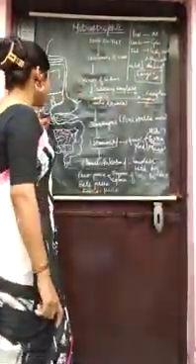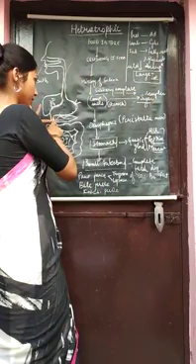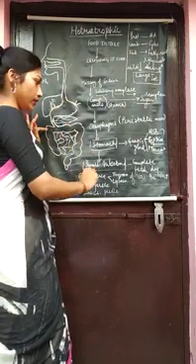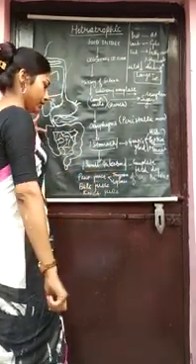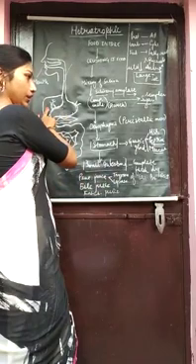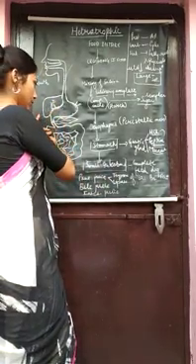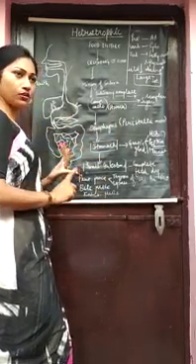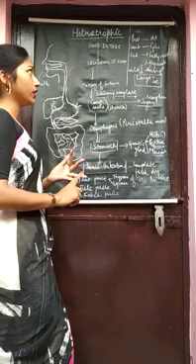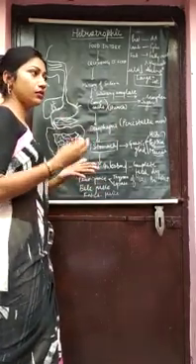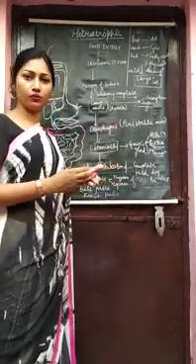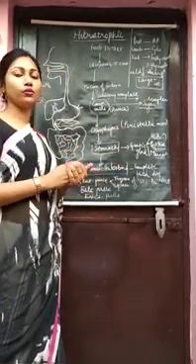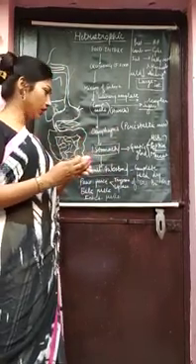From the pancreas, pancreatic juice comes, and this pancreatic juice contains two types of enzymes, trypsin and lipase. And from the liver, bile juice comes inside this small intestine. This bile juice contains bile salt. What is the exact function of bile salt? Bile salt emulsifies the fat. That means it works on the complex molecules of fat and, in the presence of bile salt, converts them into a simpler form of fat. This process is called emulsification.